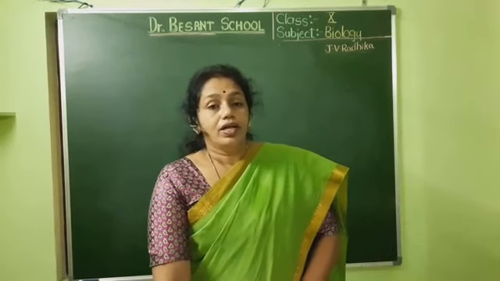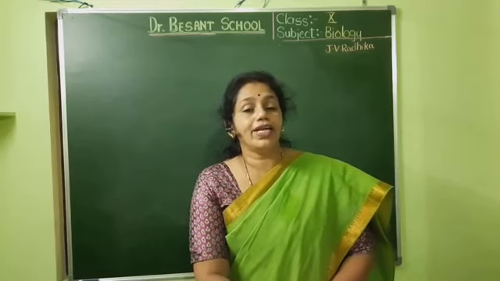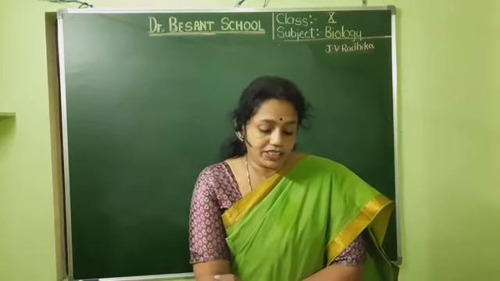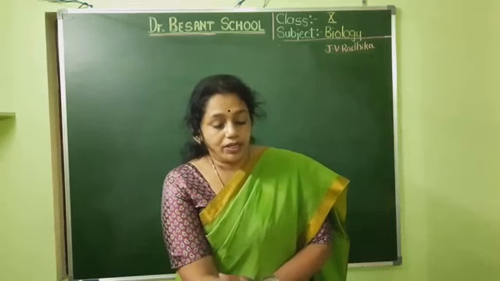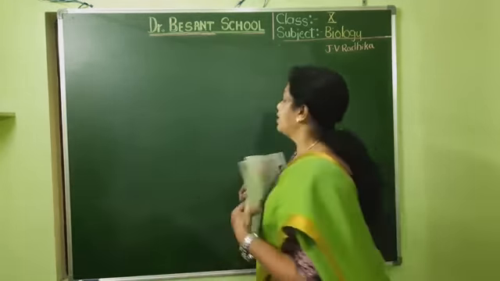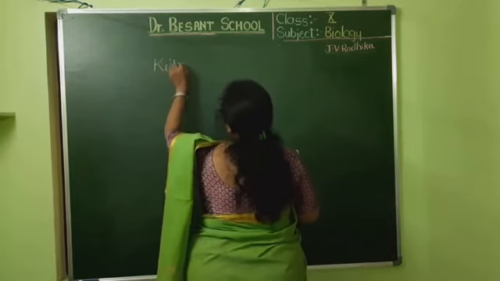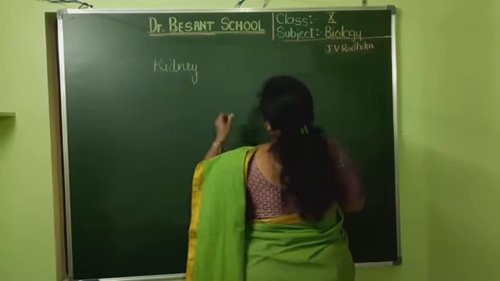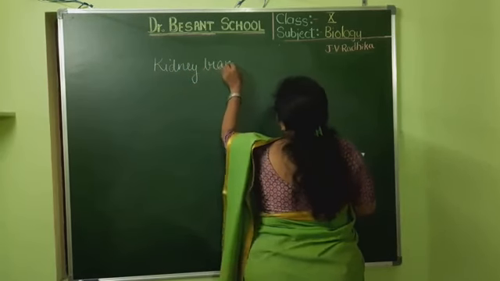Okay, now the modern techniques have helped the people to arrange for a kidney transplantation. So for the first time in 1954, okay, in 1954, the first kidney transplantation was performed between identical twins. Why do you think it is identical twins? Because easily the body accepts the tissue of the other. Okay, kidney transplantation.